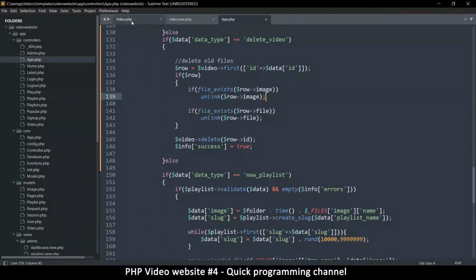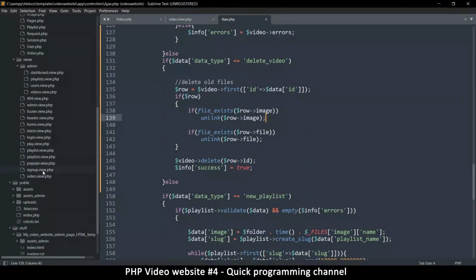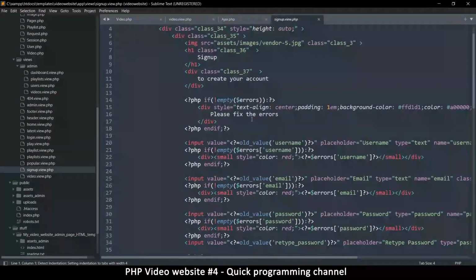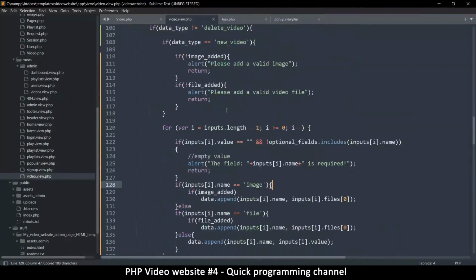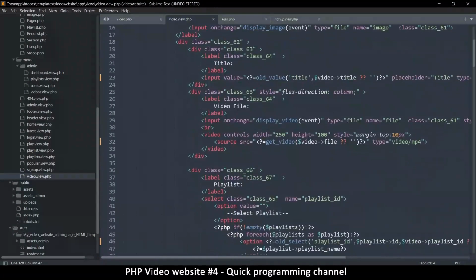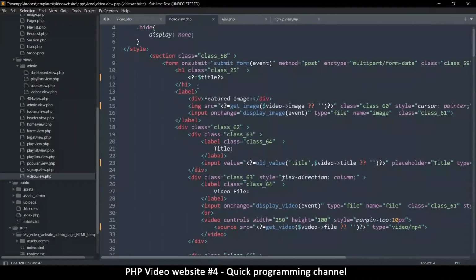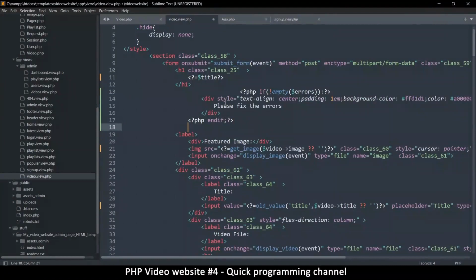Now if I go to, where is my, sign up view, there's this part where we say please fix the errors. So I'm going to grab this and go to video view. I just want where we are deleting to show a red message. Say, are you sure you want to do this? So I'll put this here,